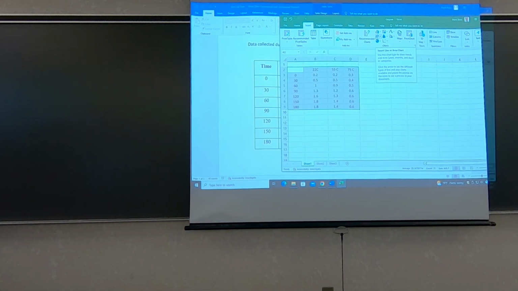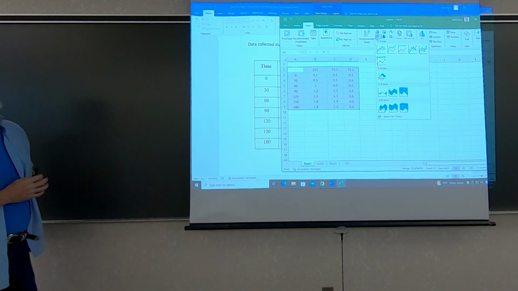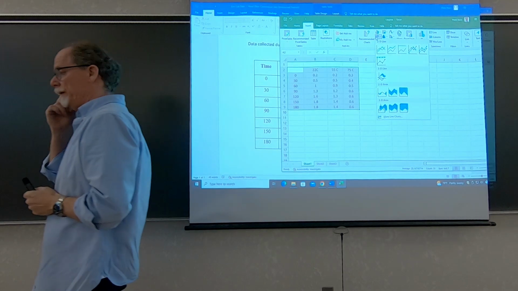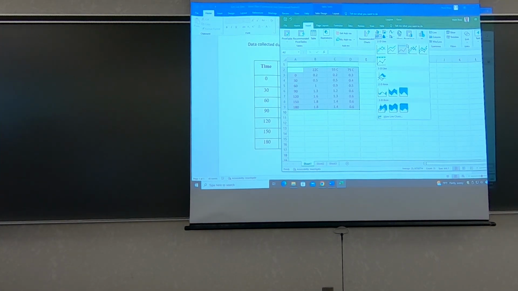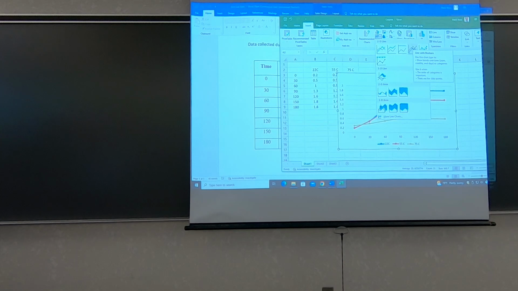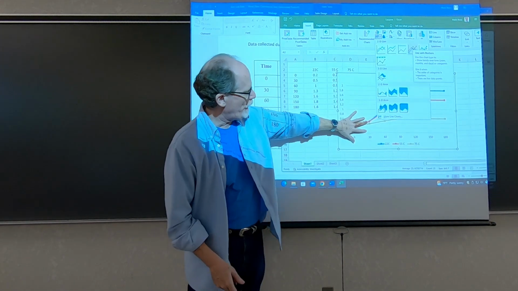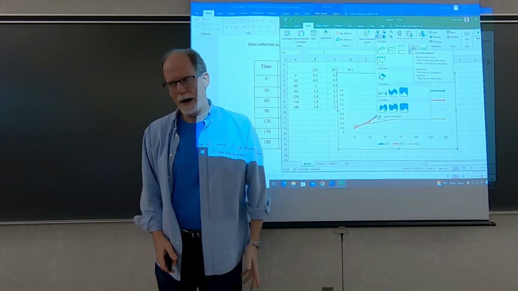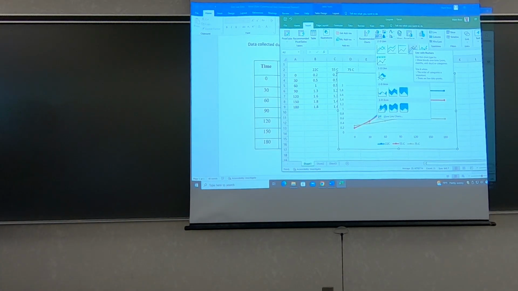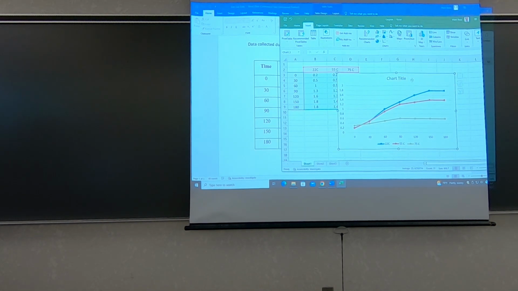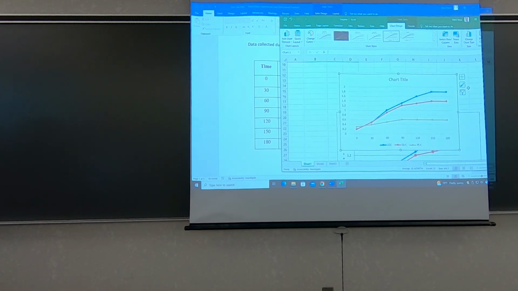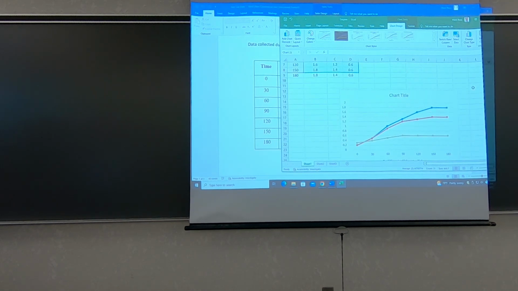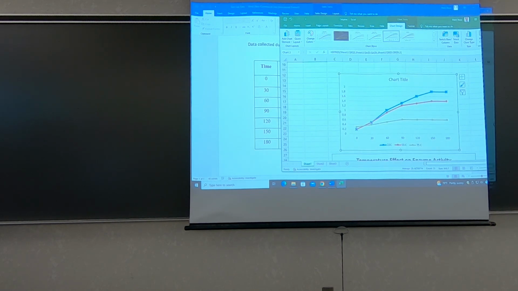So if I select that one, then I have a choice. I think I'm going to pick this one over here that shows dots on the line. After I select it, it shows you what the graph is going to look like before I select it. So if I move it, here, the graph is generated. And so let's say I move it down here. I've already got another one on here that's done. Well, let's focus on this one. So if I select that graph,